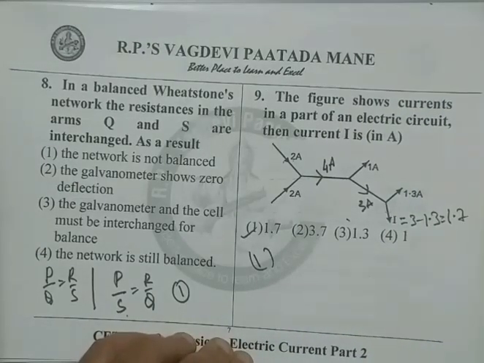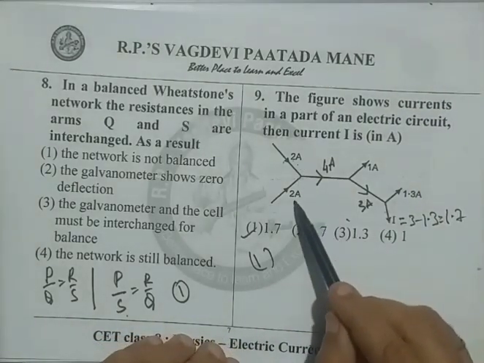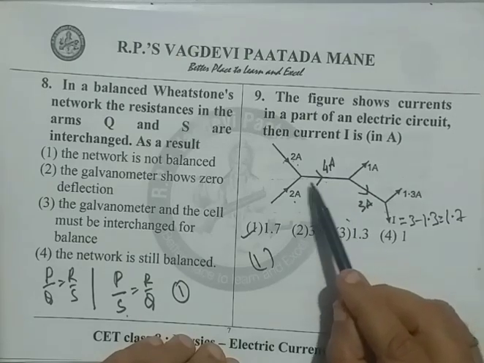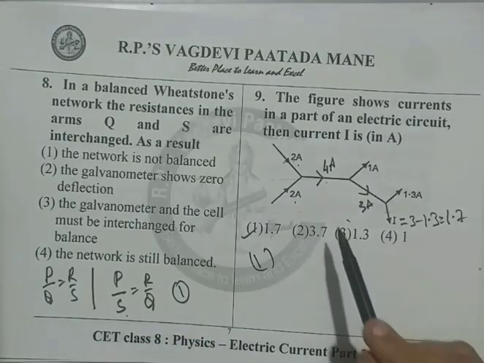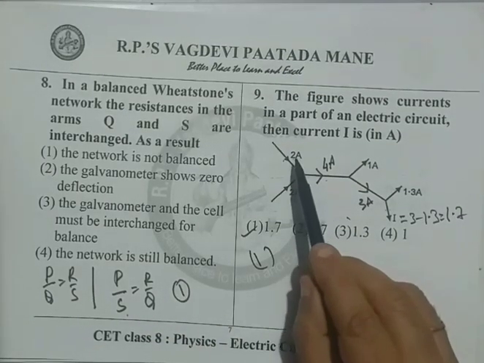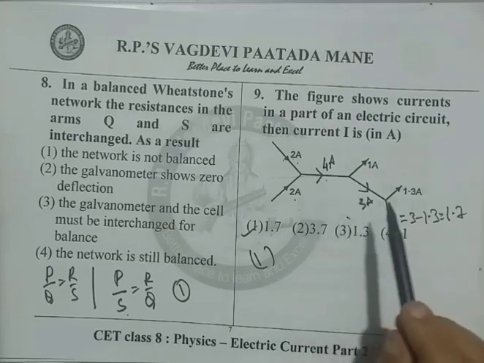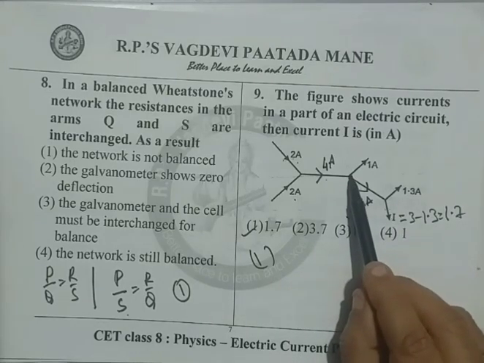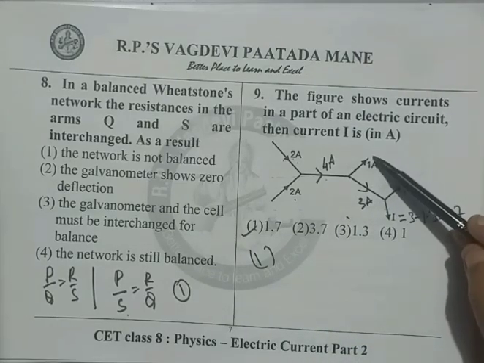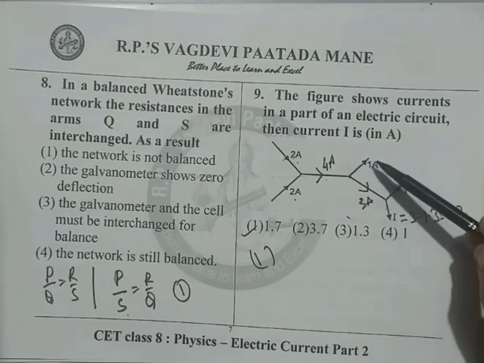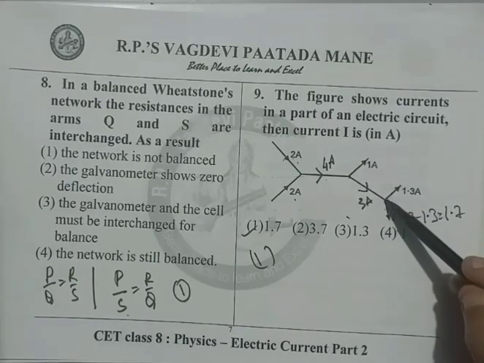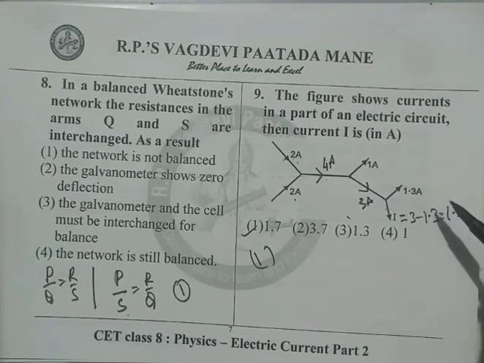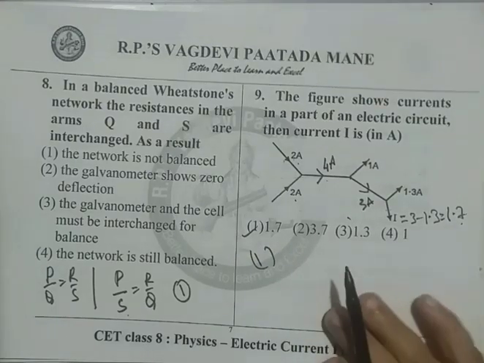Option 1 is correct. Let me go through it once. 2 ampere gives rise to 4, because these two are entering and this is leaving current. Sum of all entering current should be equal to sum of all leaving current. So 2 ampere added to 2 ampere gives 4 ampere. Out of this 4, which enters this node, 1 ampere goes out. So the remaining 4 minus 1, 3, is coming in this line, and at this node, out of 3 ampere, 1.3 goes there. Remaining 3 minus 1.3 will give the answer 1.7.